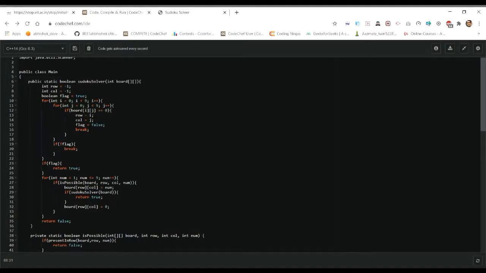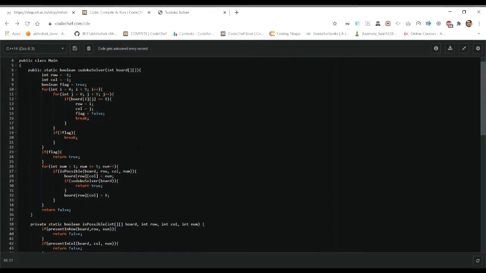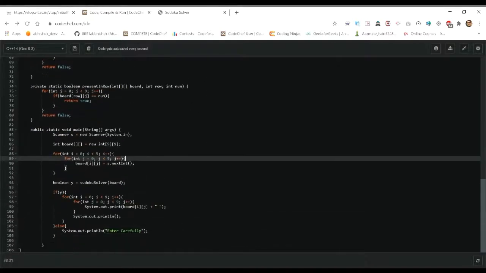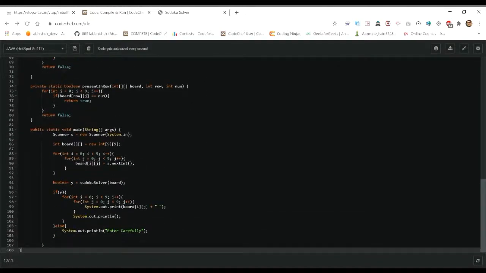When there is no 0 in the 9 by 9 board, then that flag will not become false, it will remain true. Here line number 9, it will remain true, which means flag will be true. And if the flag is true, then we are done with all the values, and at last we will come up with filling all the numbers in the Sudoku solver and in main. So this is our final code.